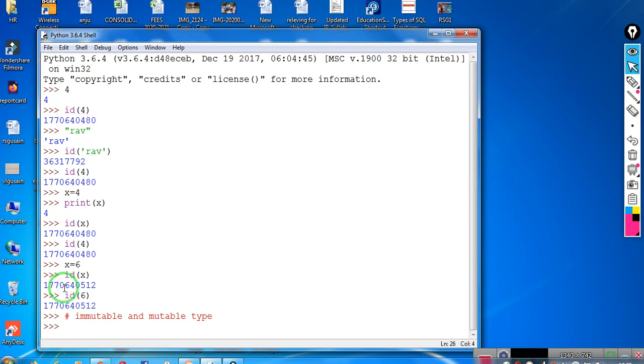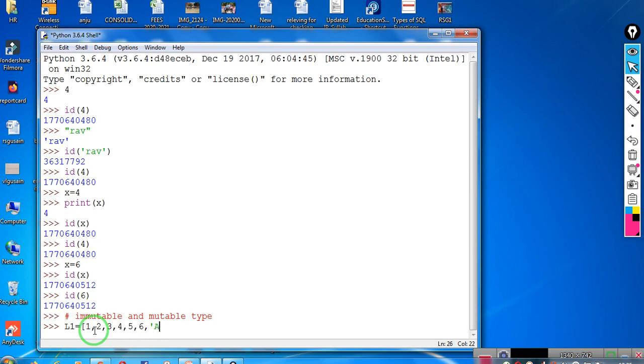Now as I have already told you, mutable means we can go to the memory location and change the value. Here I can't go to this particular memory location and change the value because the data type is integer. For example, I will create a list. Suppose I have created a list L1. Creating a list is very simple. So I have entered numbers 1, 2, 3, 4, 5, 6. List is a compound data type. I can enter a number of values of different data types.